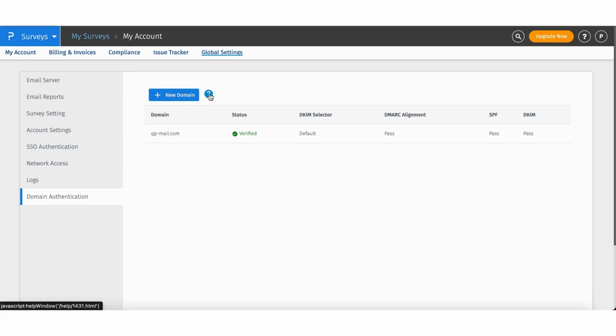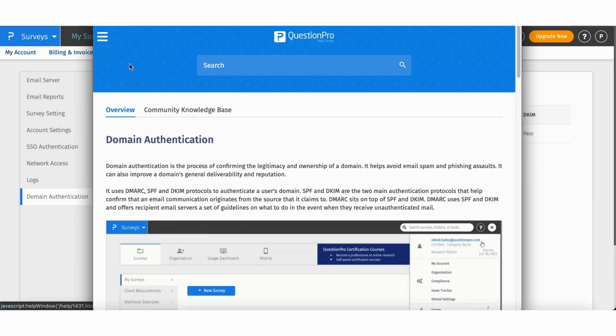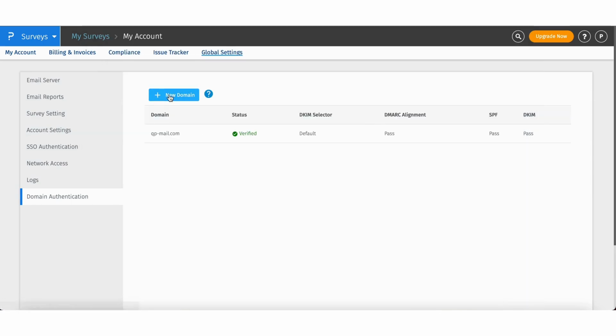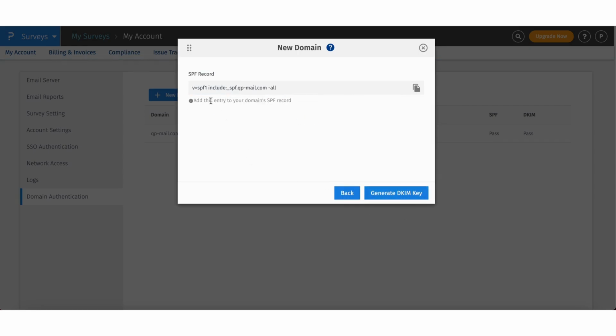You always have a help file right next to any of our features, so you could just click on this and go into the details of how to set this up as well. Now clicking on New Domain, all I need to do is add the domain. I'm going to say QuestionPro.com. Go next, and